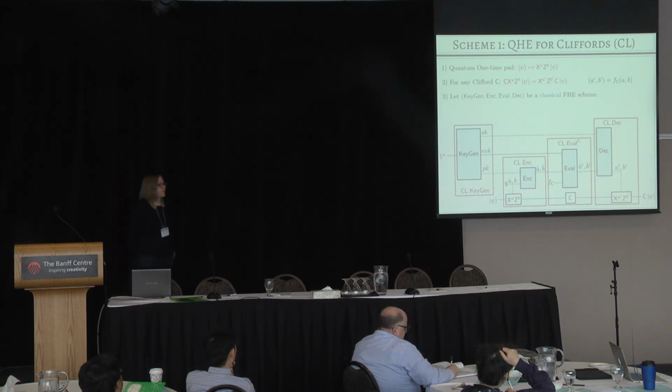OK, so it's not difficult to convince yourself that this encryption scheme is as secure as whatever classical scheme we started with. And this is clearly homomorphic for any Clifford circuit just because of the definition of Cliffords. Another thing I'll point out is that we don't even need a classical fully homomorphic encryption scheme. We just require a scheme that is homomorphic for